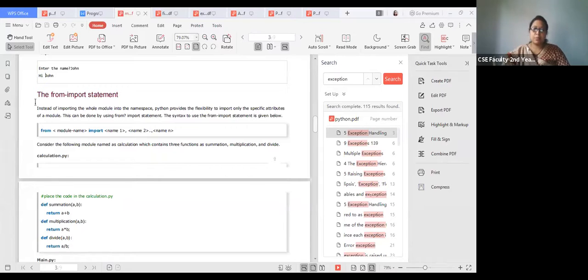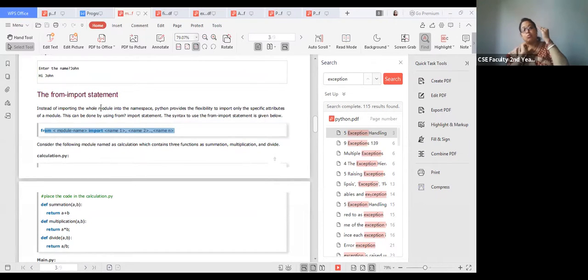Okay. The second option is the from import statement. What is the from import statement? Here in this from import statement, this is the general syntax. Instead of importing the whole module, it may happen that in your module there are so many functions, but you do not need all of them. You want a particular function.